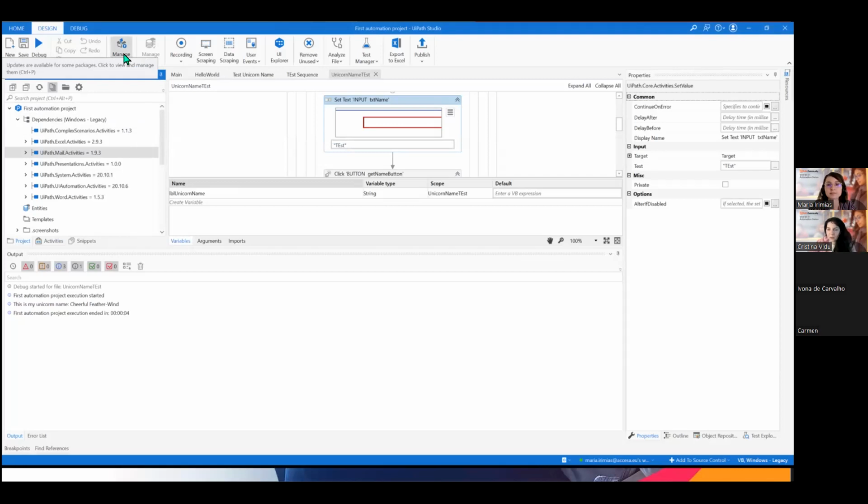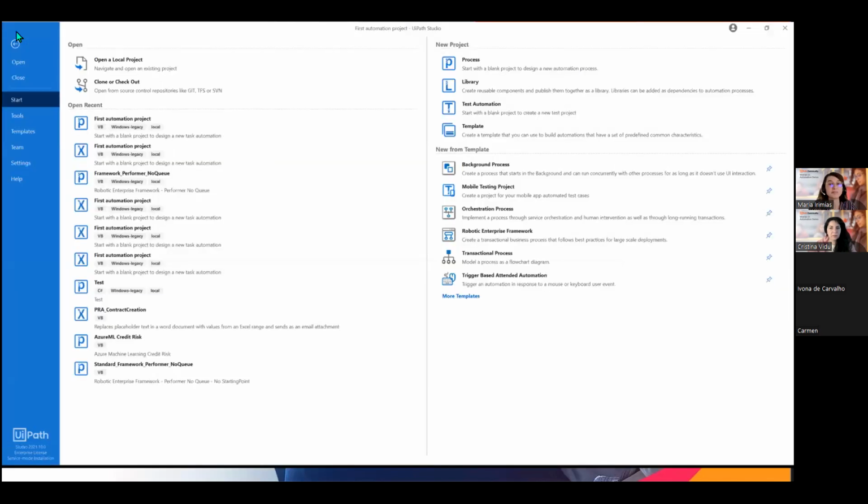Okay, we have another question from AK. He's asking, do business analysts use UiPath Studio or do they tend to use UiPath Studio X more? I'm not a business analyst, but from what I know, UiPath Studio X is used more from the business perspective and the citizen developer perspective. I do tend to think that they are using Studio X.